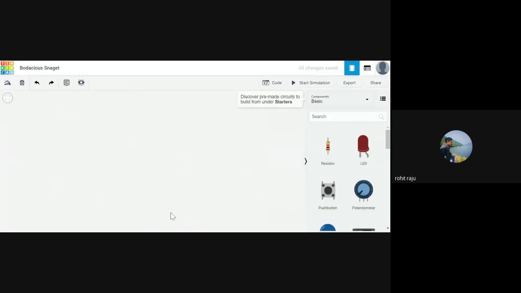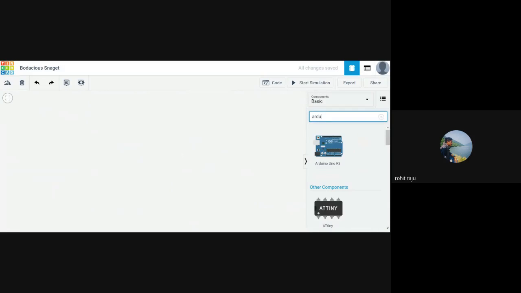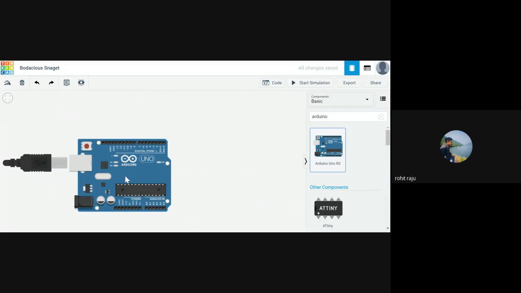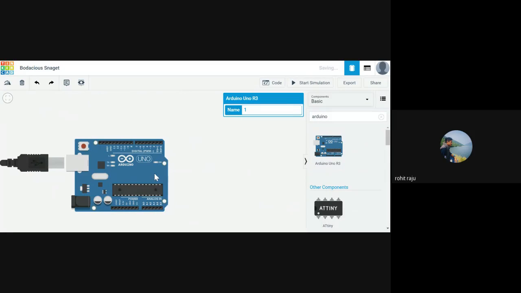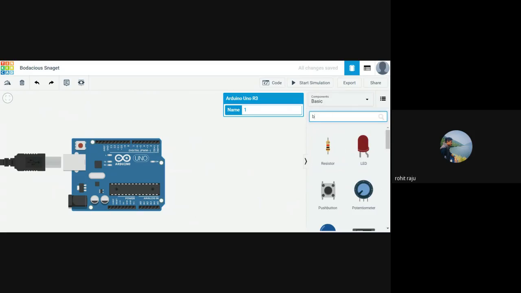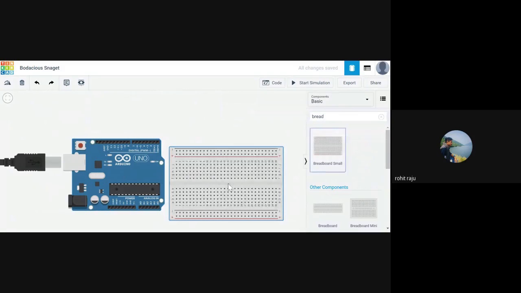So we have a new circuit. As usual, let us bring the Arduino board into the picture. Let's bring the breadboard. We'll be using a lot of components in this project.